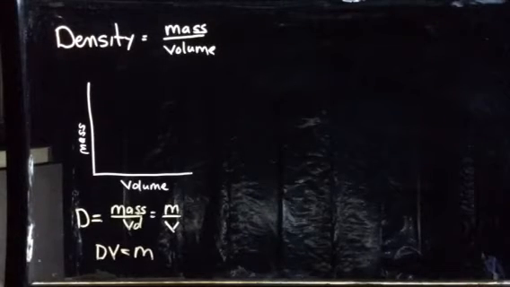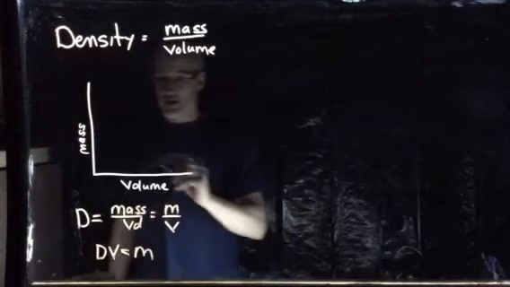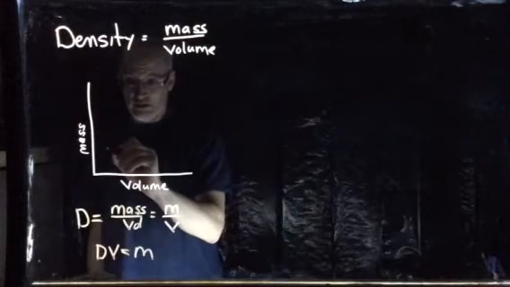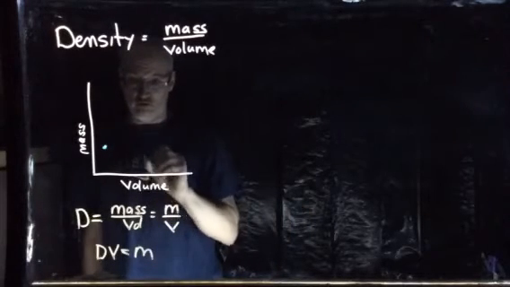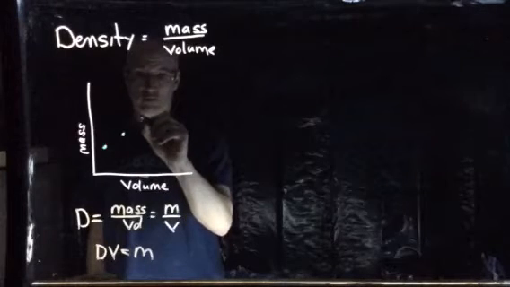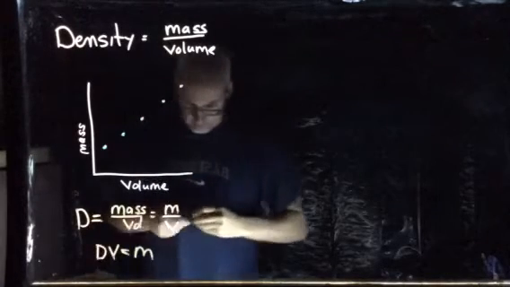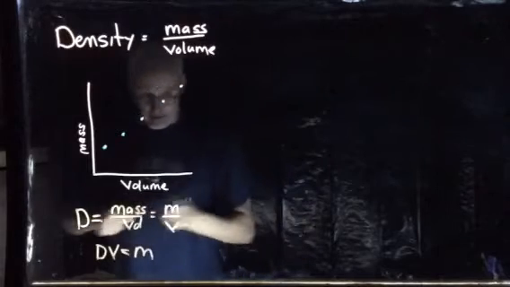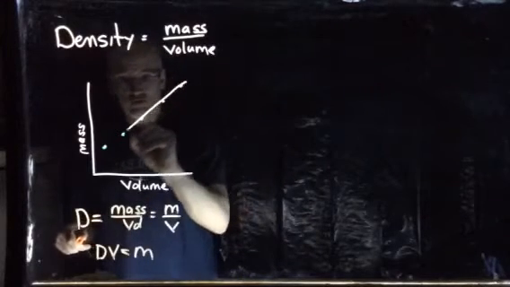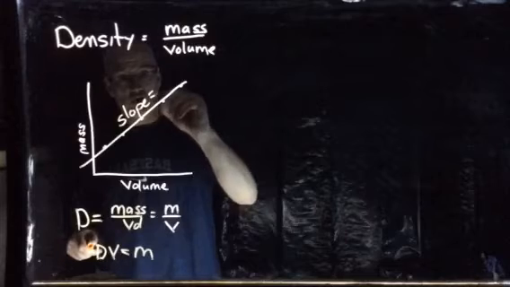Density. Density is mass over volume. So if we would take an object and get its mass, it would have a certain volume. And if we change the mass, the volume would change, and it would be a linear approach. And if we graph it, we would get a straight line, and the slope of this line is equal to